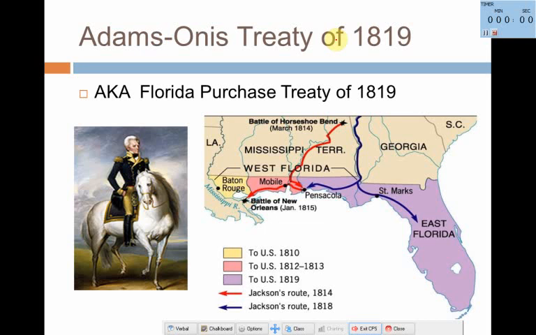And then he went ahead and told Congress, hey, Congress, I took over Florida. And they're like, what? You weren't supposed to take over Florida? And so they had to contact Spain and say, hey, Spain, one of our guys took over Florida. So is it okay if we buy it? Because we're kind of already here. And so Andrew Jackson made himself governor of Florida, and we were forced to buy it because we had no choice. We had already taken it over. So those are the things that Andrew Jackson does.